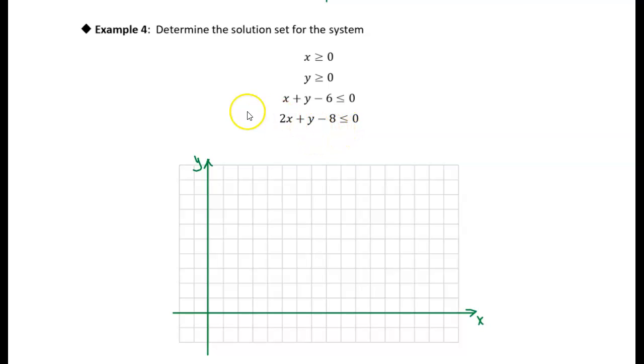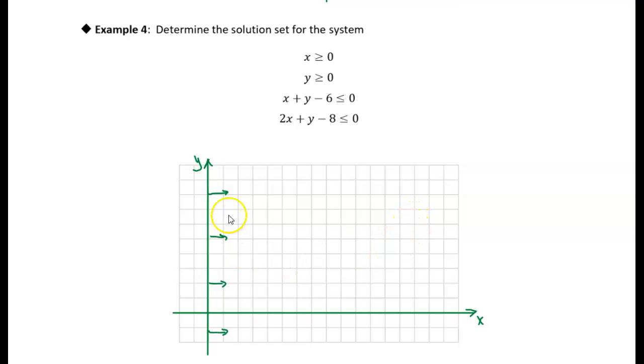All right, so these first two inequalities: x is greater than 0 and y is greater than 0. So where is x greater than 0? Here's the x-axis. So x is greater than 0 on this half of the plane. I'm just going to draw some little arrows, actually. Maybe I'll draw them in green, just since my axes are in green. So x is greater than 0 in this half plane, basically the right side of the